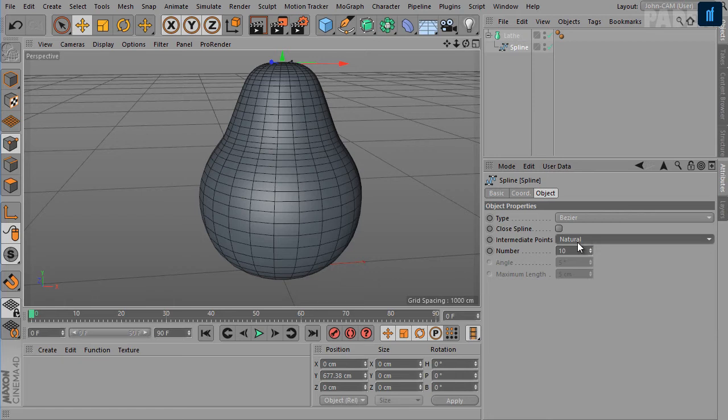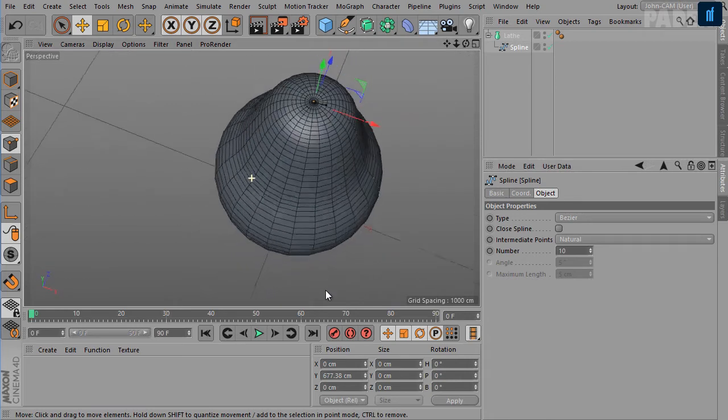When you select the natural method for interpolation, the number field here corresponds to the number of intermediate points between the vertices. The points on the curvature are positioned closer together where the spline has more curvature.